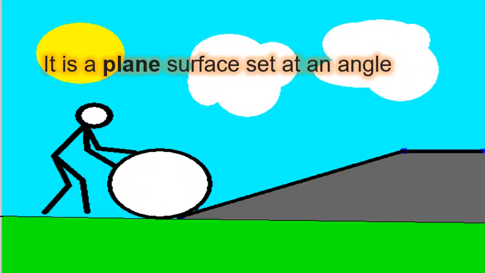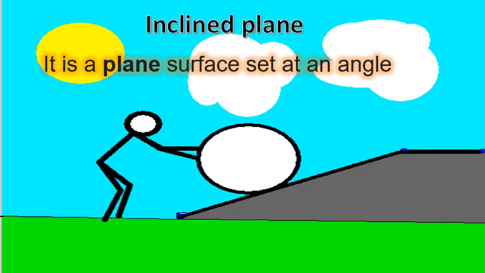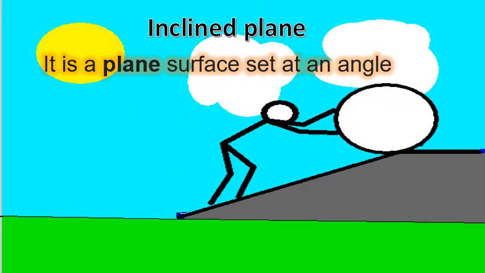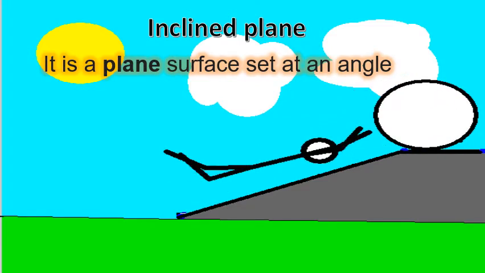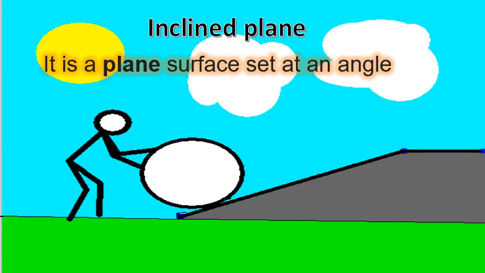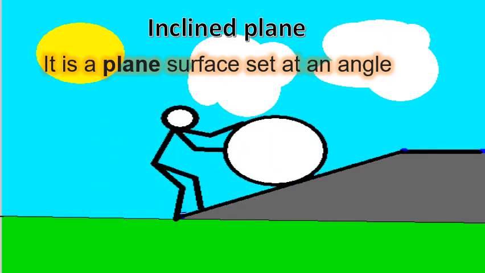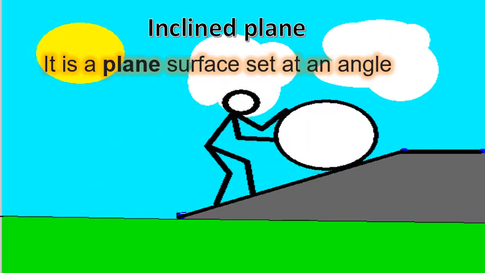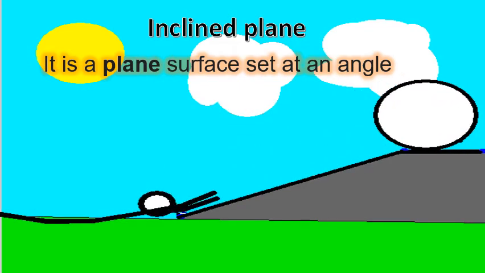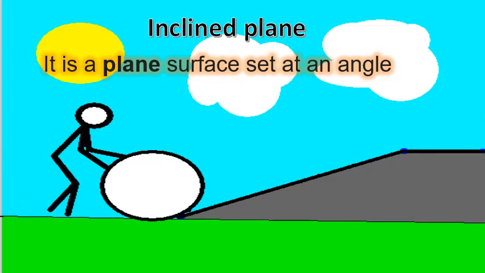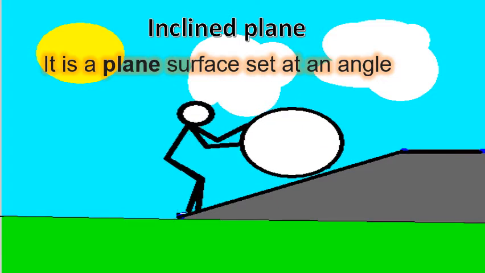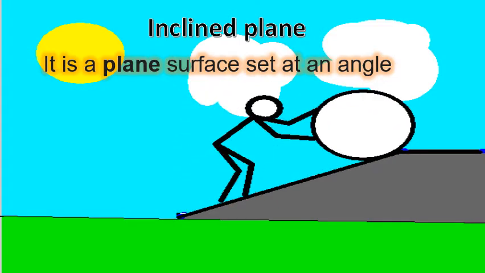Now here comes the next simple machine, named inclined plane. Before reading out the definition, we just need to know one word that must be related to inclined plane. When you look at the word slope, that is somehow indicating inclined plane. So what is an inclined plane? An inclined plane is simply a slope from the main ground.